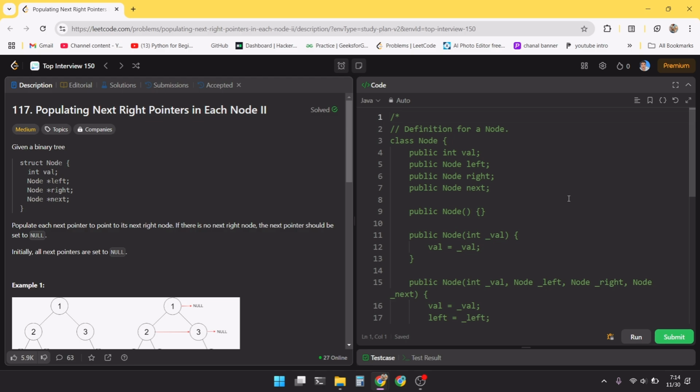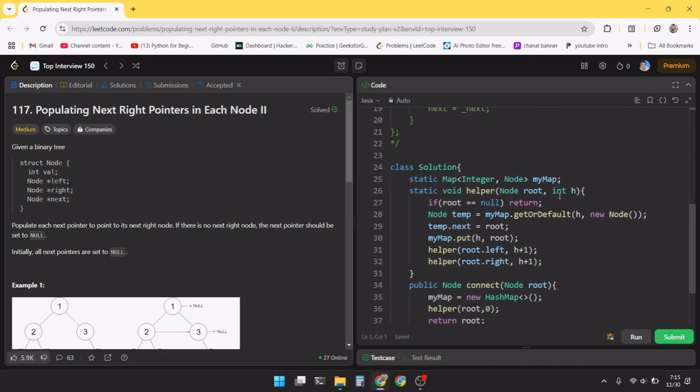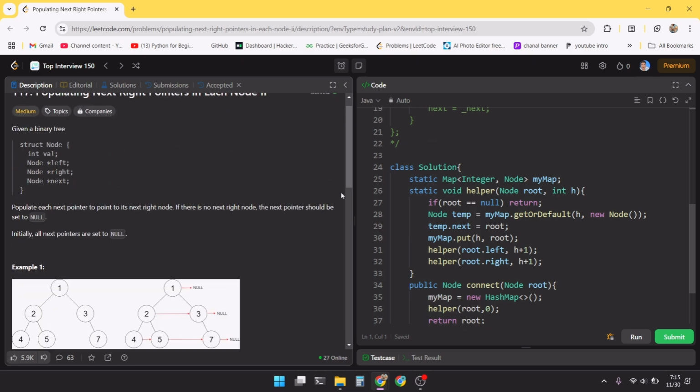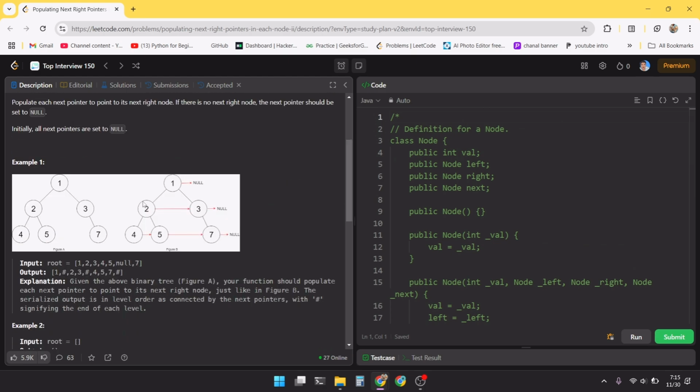So this is the question. This is also kind of an easy question from tree. Sorry for the background disturbance. So on the left hand side you can read the question and on the right hand side you can read the solution. What you need to do in this question is you need to traverse the tree and there's like